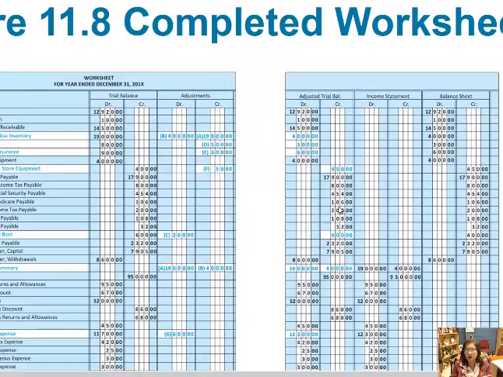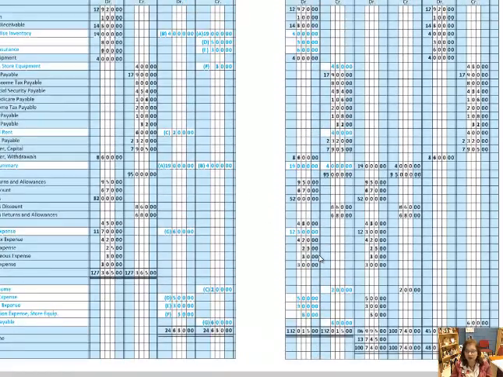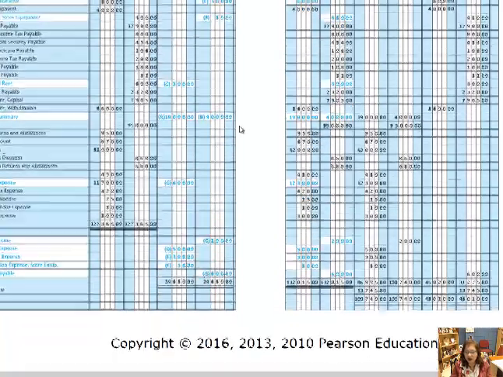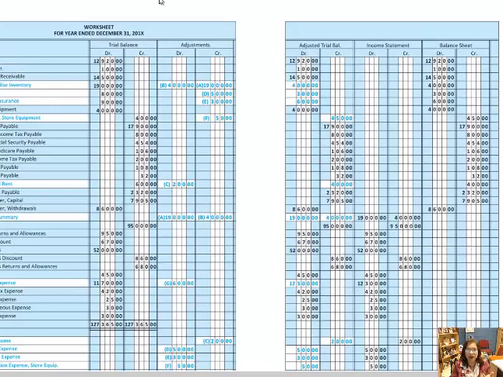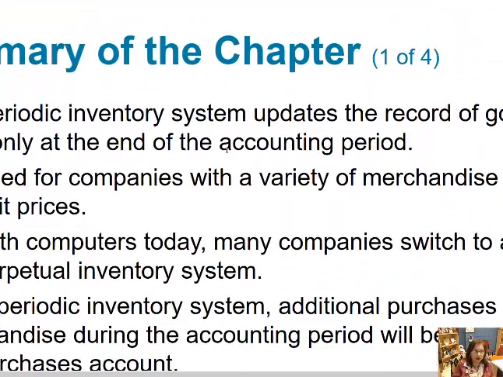This is what it looks like when we've got the completed worksheet with everything that is there that we're working with. Okay. And I know I've got it zoomed in a little bit, so you might not be able to see all of it. So this is what we're going to be doing. All right. So again, don't get bent out of shape. We're going to go ahead and do this together